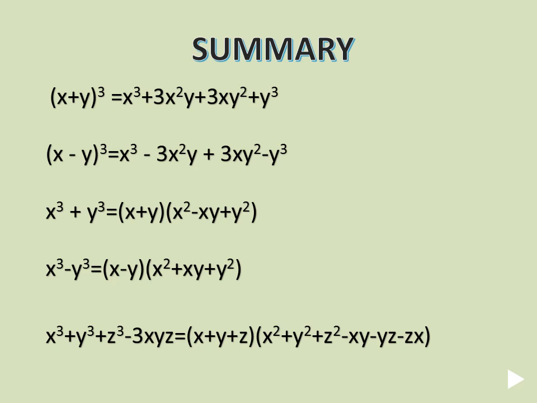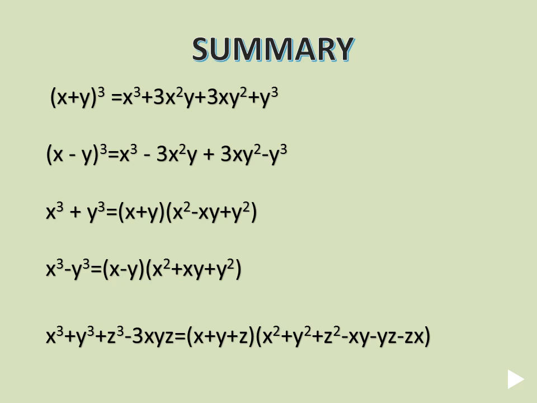Now the power of x is decreasing. See, x cube is the first term. Now if you check the second term, it will be x square only, 3x square y. That is, the power of x is decreasing. What is happening to the power of y? Y is increasing. See, in x cube, y raised to 0 is there. So x cube with y raised to 0, then 3x square y. From x cube it is reduced to x square, but from y raised to 0 it increased to y raised to 1. So the total power will be 2 plus 1 equal to 3 only.